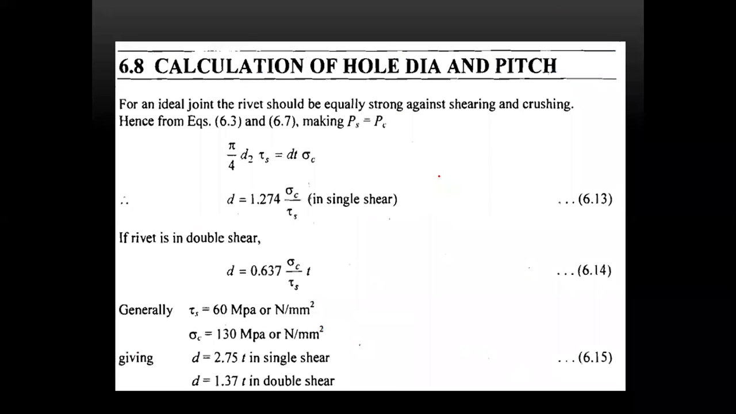Now we'll see how to calculate the diameter of the hole for the pitch. Making the shearing as well as the crushing equal, that is, the area pi by 4 d square tau is equal to d into t into sigma c. Therefore, d is equal to